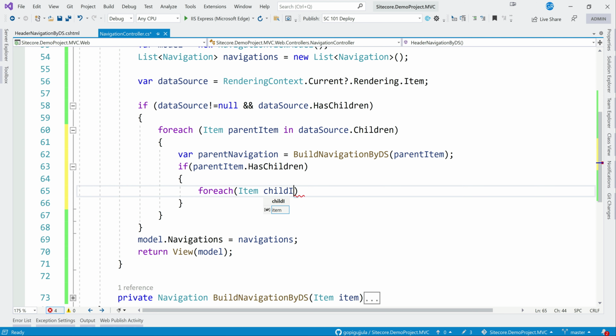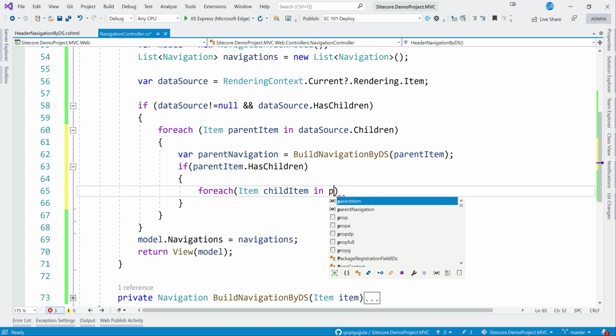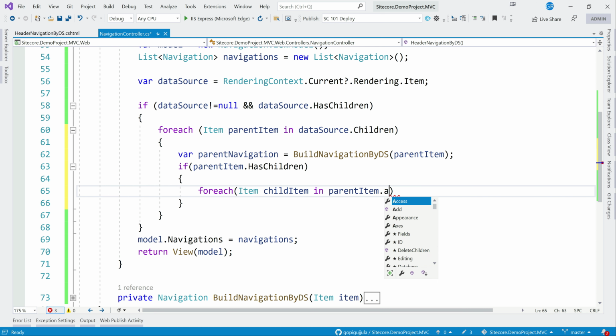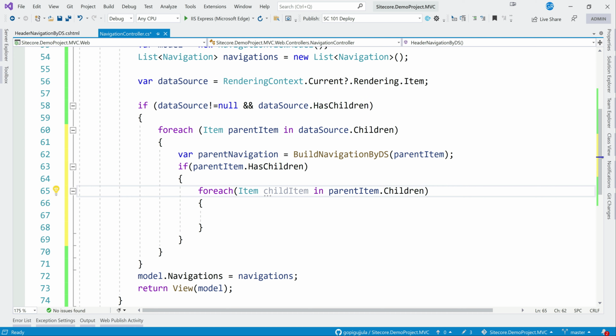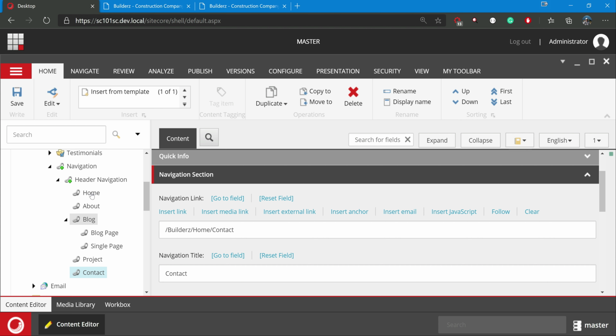Item child item in parent item dot children. So now we have the child items. For all other items, this condition will not be met, whereas for the blog, this condition will be met.